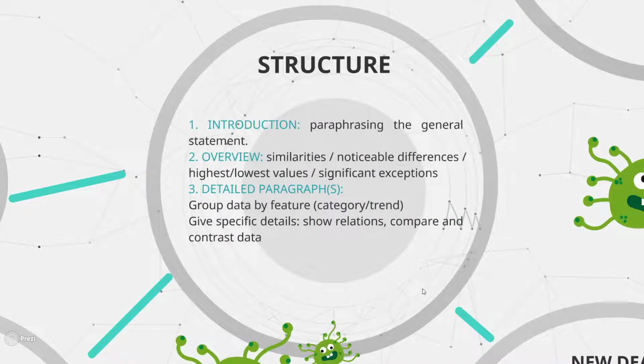And then we come to the second paragraph, that is the overview. The listener wants to have a general picture of the graph. So in the overview, you have to analyze the picture and show the listener the similarities, the noticeable differences, the highest, lowest value, or significant exceptions. For example,